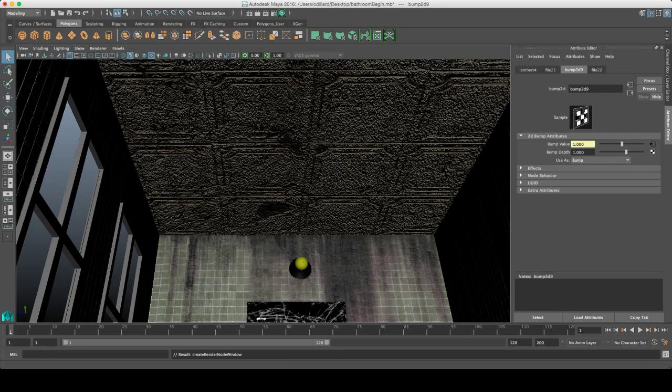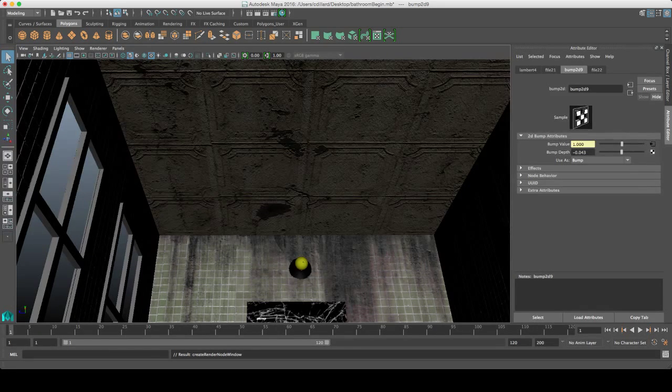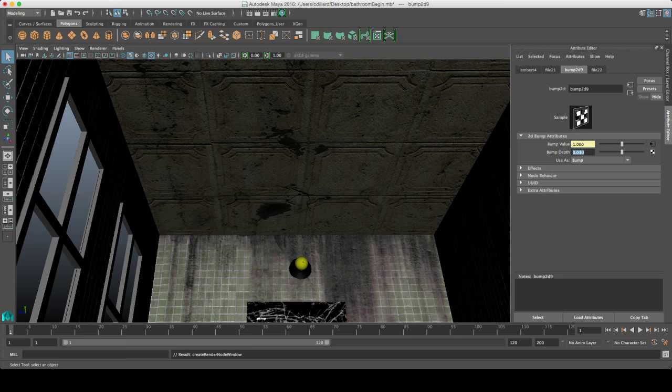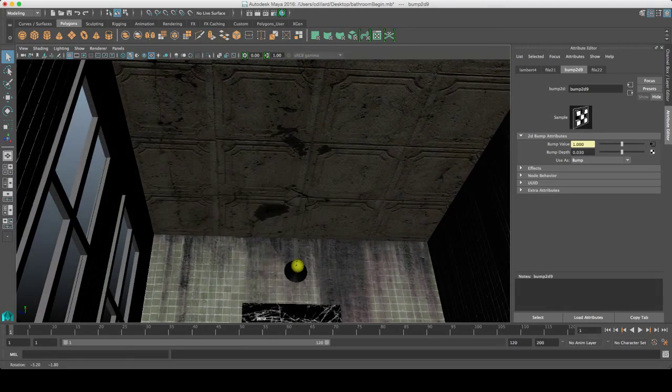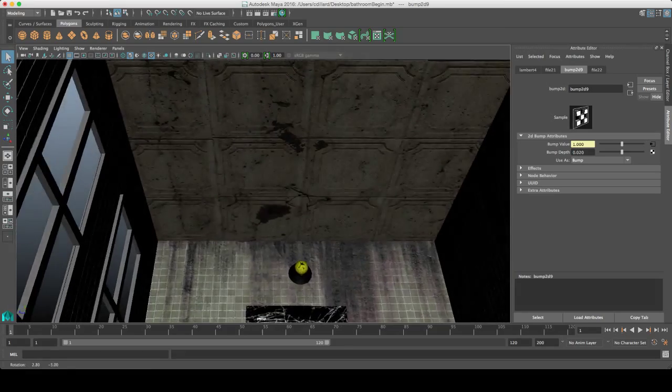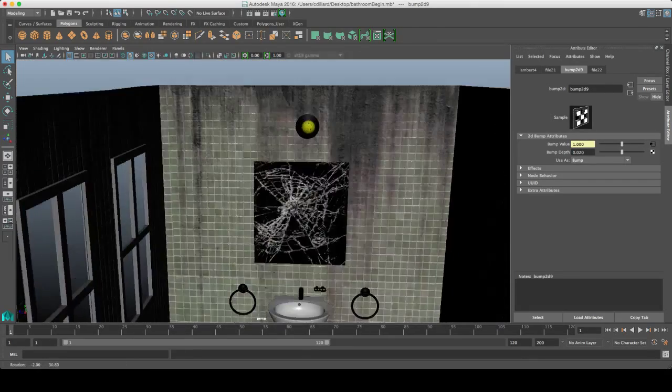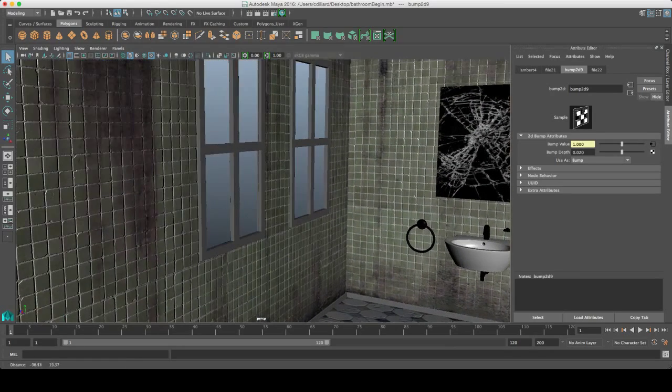Let's change that amount. With the ceiling, it doesn't need to be very profound at all. Just enough to kind of see that there is some 3D effect emulated up there. Okay. Also,